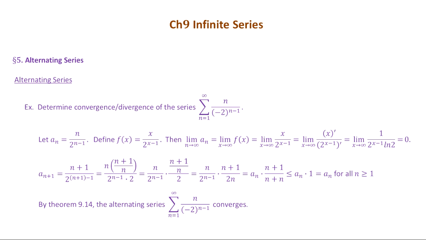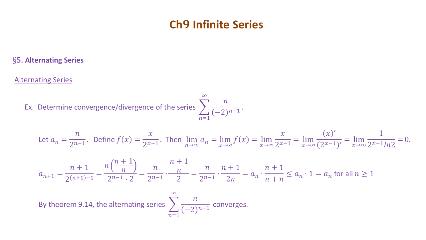So a_n in this case is the magnitude of the series. What you do is just take out the sign term in the series. So it's just n over 2 to the n minus 1. If you take out the negative 1 to the n minus 1, and to find the limit of this a_n as n approaches infinity, we can use L'Hopital's rule,